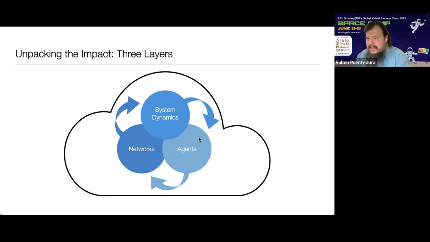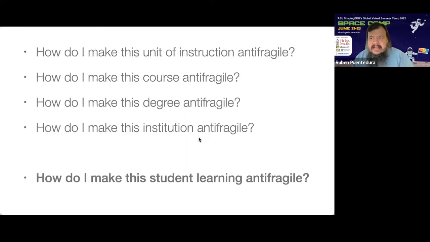How much am I investing in improving my food quality, etc.? Or even just how many people are standing outside the door on a given day, but the networks that connect information about that restaurant. So these three items need to enter the picture as we're thinking about these things. And again, if you're an educational institution, and most of you come from or work for educational institutions, these are key elements.